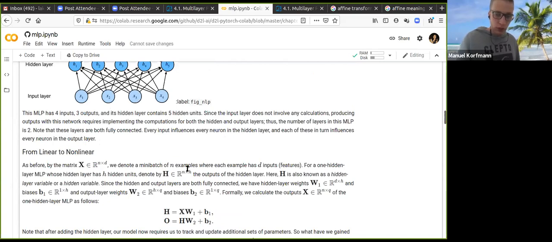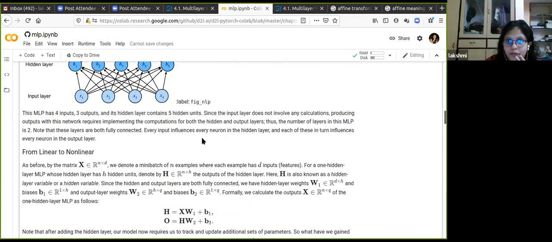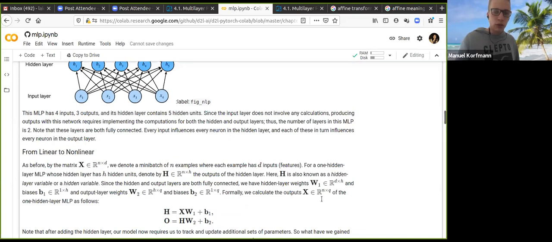Okay, so n. Oh, okay. D is 4, 4 input features. So okay, so yeah, okay. So the